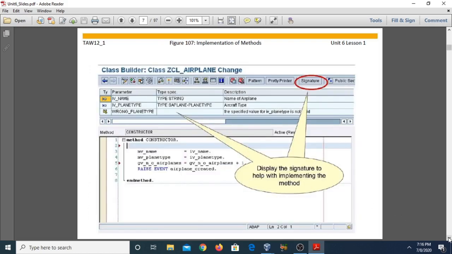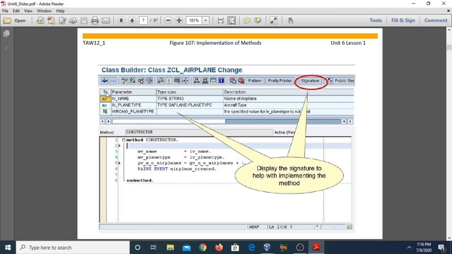Come to the next slide, and now we need to define the implementation part, what the method will do, that is, how it will react after the method is called by the object. For the implementation part, just double click on the method, or there is another option by which you can open the implementation. It will show you another page, where you can click on the signature tab.